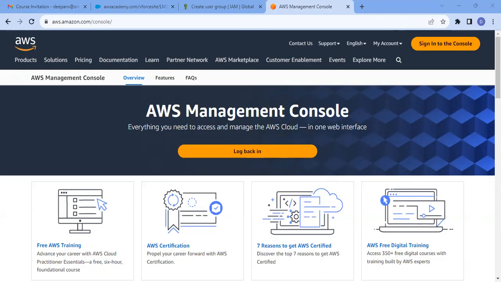It directly takes to this account ID, and what is the username? The IAM username is DevOps, D caps and O caps, and the remaining everything is small. And I have already copied the password. I'm going to use this particular password,